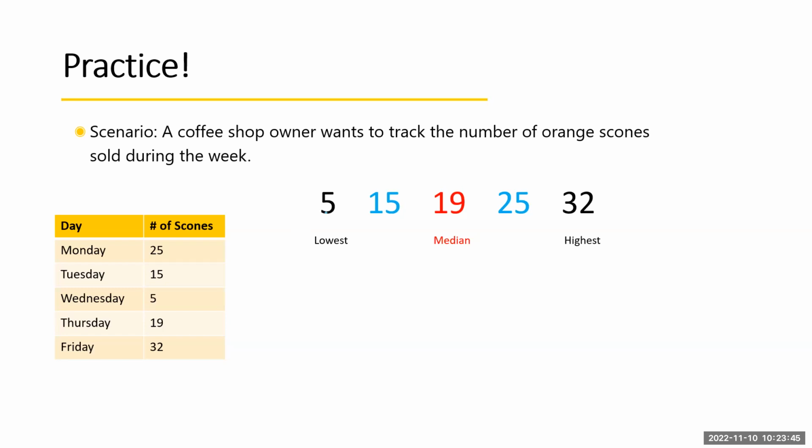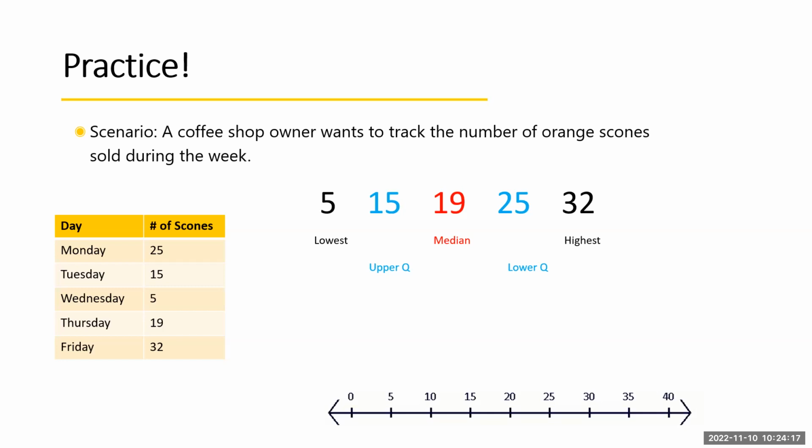So we've got the lowest, the highest. The 5 will be the end of the lower whisker. The 32 will be the end of the upper whisker. And then our median right there is going to be our center. And then we do our upper quartile, and I think I'm saying that wrong. I think I've got a little issue today with my letters. And then the lower quartile, and I got those reversed. But anyway, what we'll do next is we'll put them on